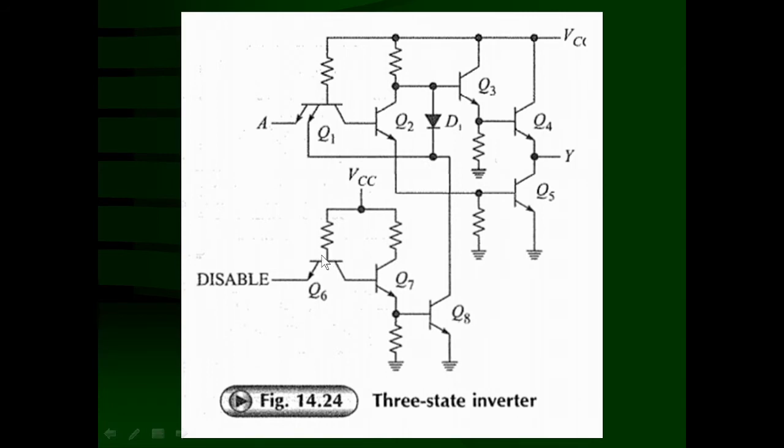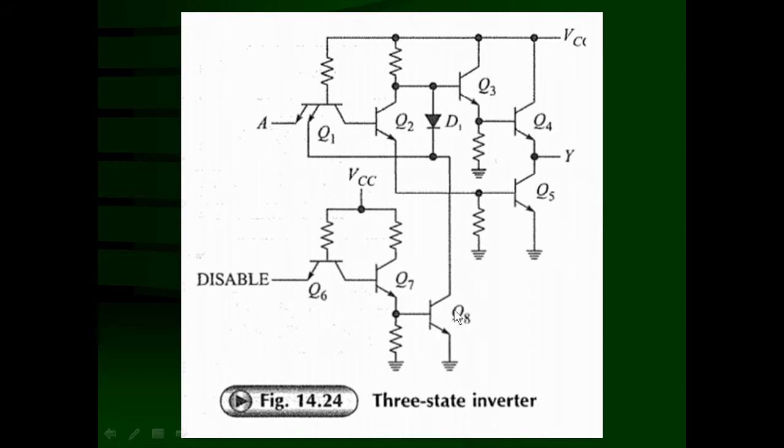It is approximately 0.8 volt only, and because the voltage is low, this cannot drive transistors Q7 and Q8 into conduction. Hence Q7 and Q8 remain off, or disconnected. That means between the collector and emitter of Q8 there is an open switch, and this collector is floating, or disconnected from the ground. Now how is it happening? You understand it like this.